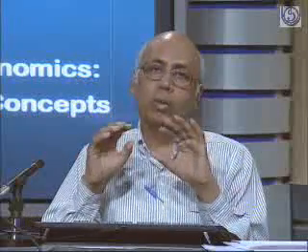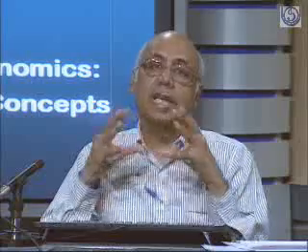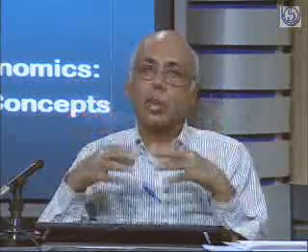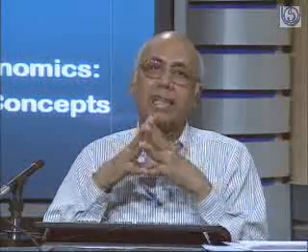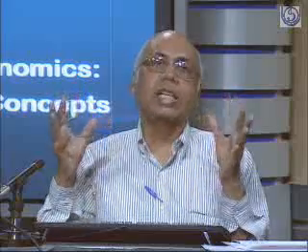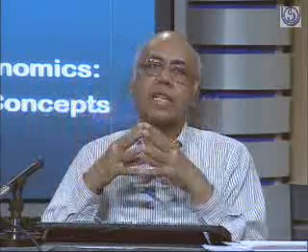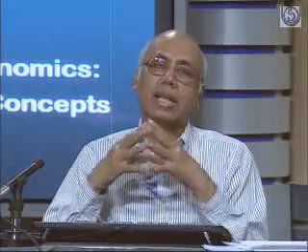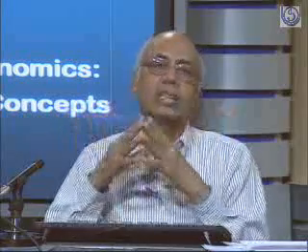Now, further, what happens in this kind of theory, this normative public finance and public economics, is that you have to maximize these. You have to maximize the social welfare. And this process of maximization, as you know, is coming from the field of mathematics, where we have to look at the first order derivatives and then look at the second order derivatives. The first order derivatives have to be equated to 0, right? That's how we do the optimization. And the second order derivatives, depending on whether it's maximization or minimization, we have to look at the sign of the second order derivative to find out what it is.